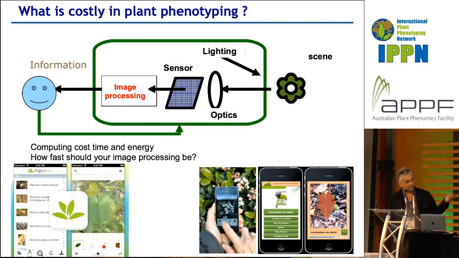So these two applications are doing the same, PlantNet on the left, and this is another one from my colleague in Lyon. I can't read the name here, but it's doing the same: leaf segmentation and then recognition of species. Actually, only the one on the right can work in the field when there is no Wi-Fi or internet connection, which can be useful if you work in a really remote agriculture area where you don't have access to the internet to do the processing. So it's designing the code so that it can run on the smartphone instead of using the server to do the recognition.